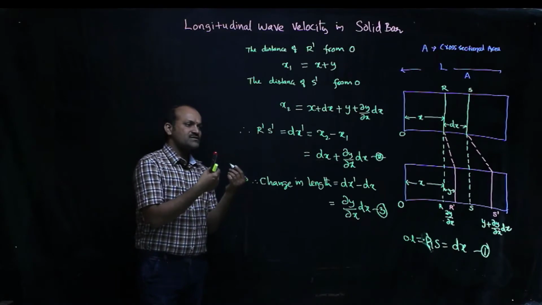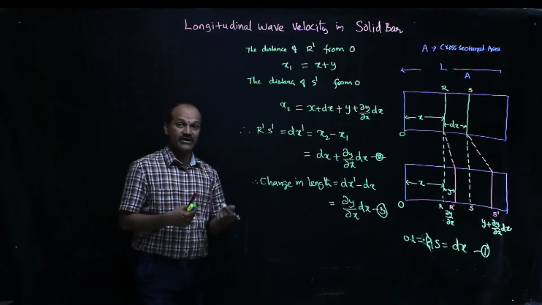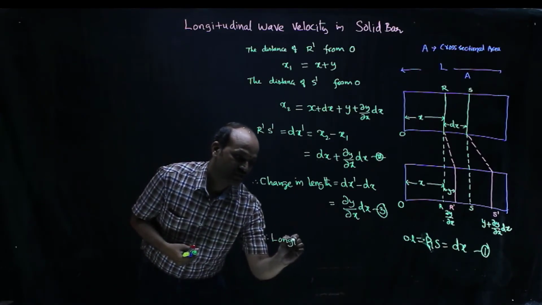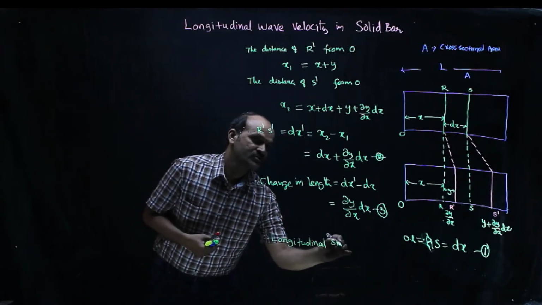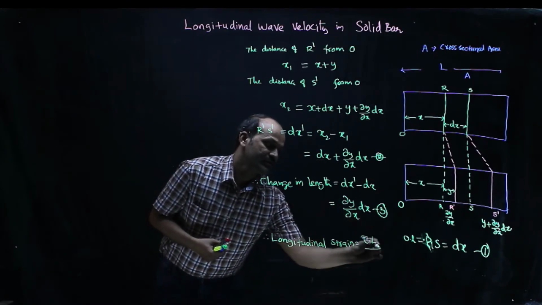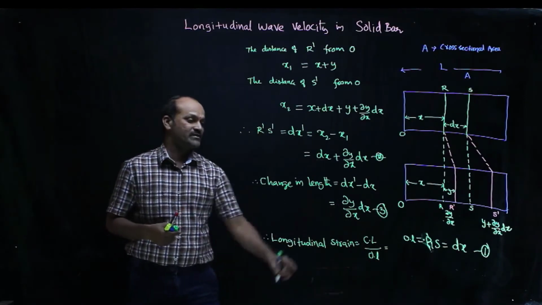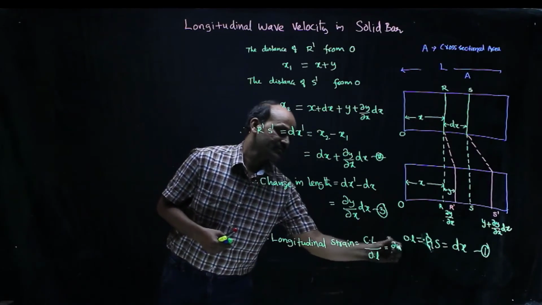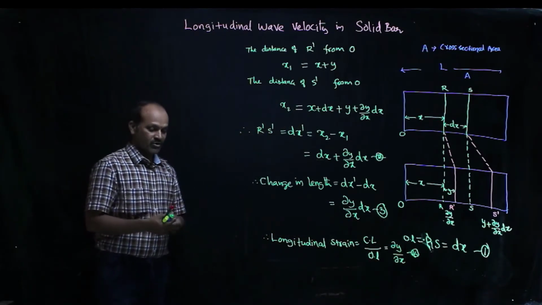So what is the strain it suffered? What is the strain in the bar? Longitudinal strain in the bar. Now we can calculate. Therefore, longitudinal strain is equal to change in length by original length. Change in length is how much? ∂y/∂x into dx, equation 3. Original length is what? dx. dx gets cancelled, we get ∂y/∂x. So we got longitudinal strain,